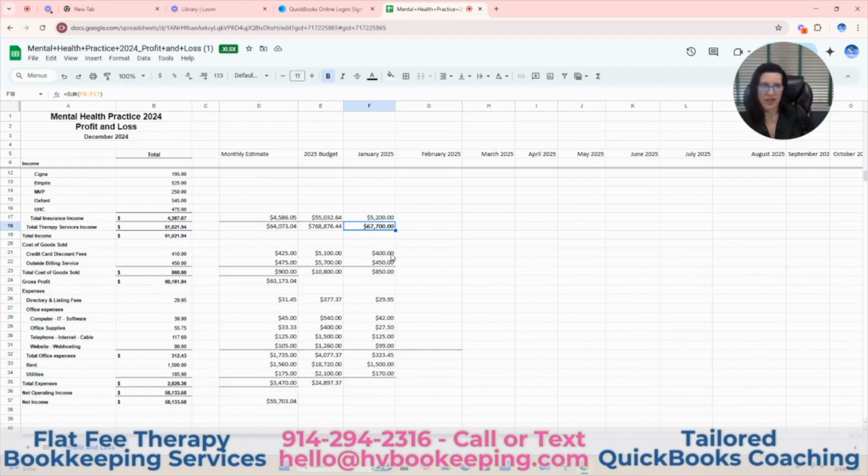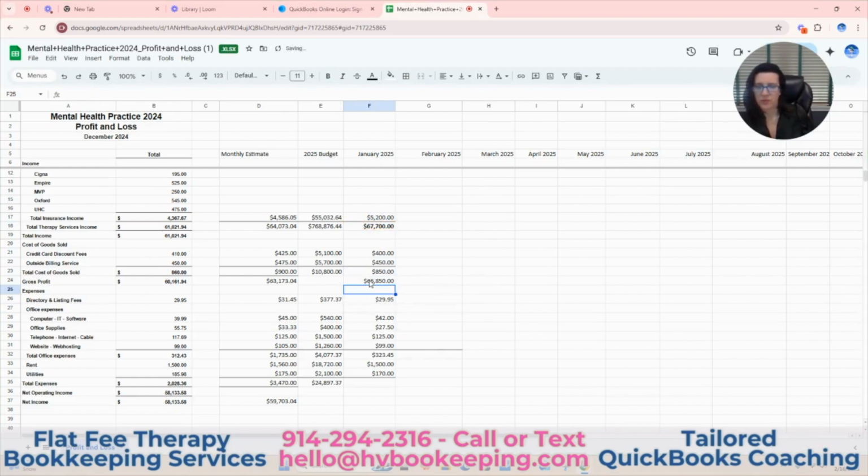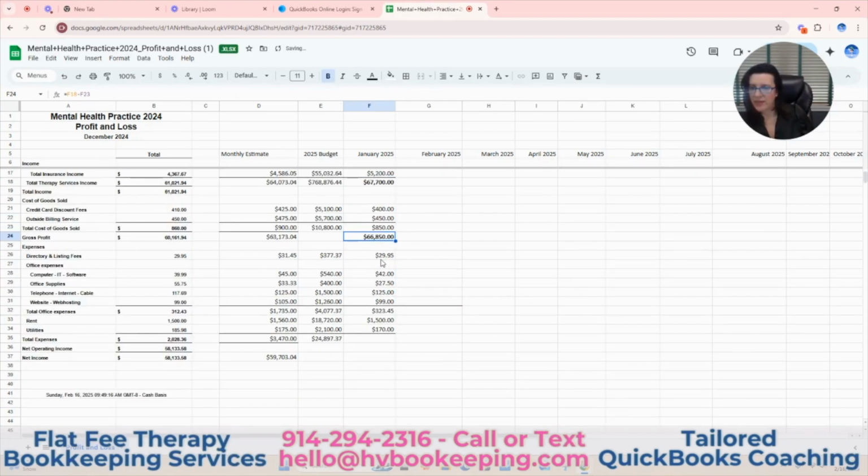Then these are kind of like expenses you can't really control, like credit card discount. The more you do in business, the higher that will go up if you take credit cards. And then your outside billing service, and so forth. Okay, so then we would figure out our gross profit, take away the $850. So that's our gross. Then we have our expenses, directory and listing,